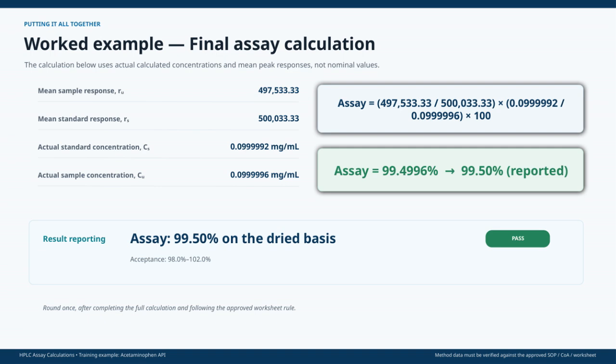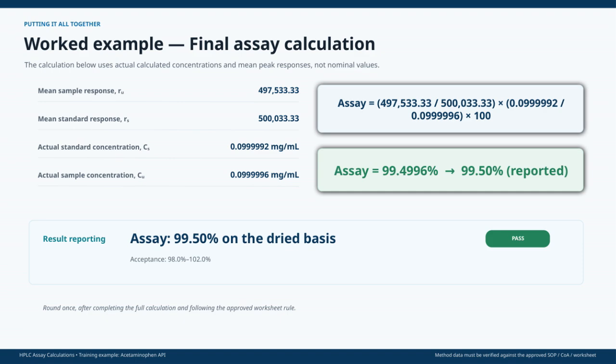For reporting, the assay result is described as 99.5% on a dried basis. This falls within the acceptance range of 98.0% to 102.0%, so the sample passes the assay test. Remember that rounding is only done once, after all calculations are completed, to ensure accuracy and compliance with the standard